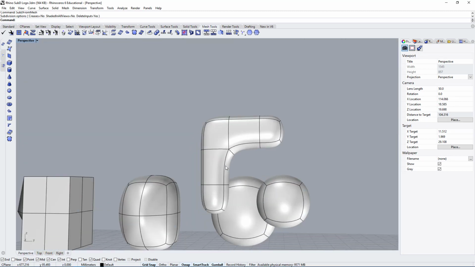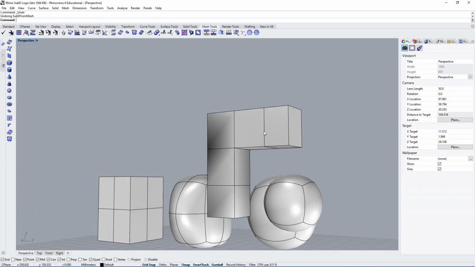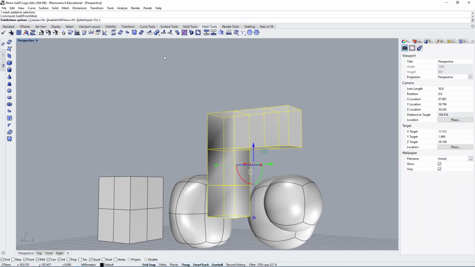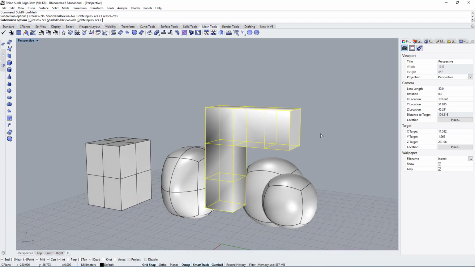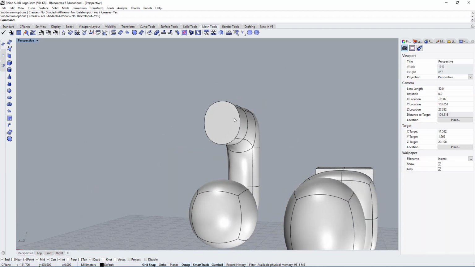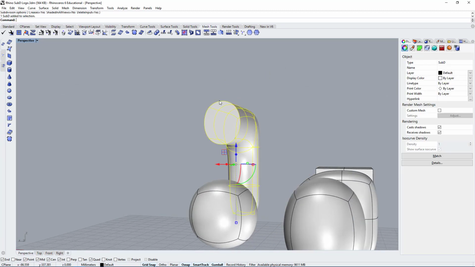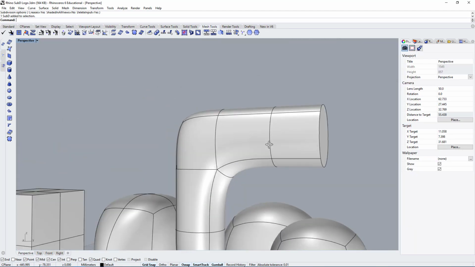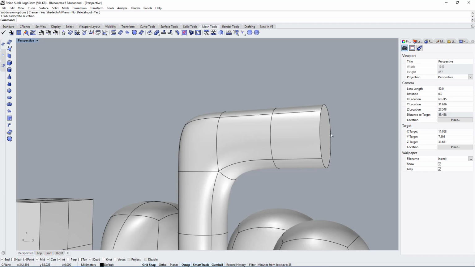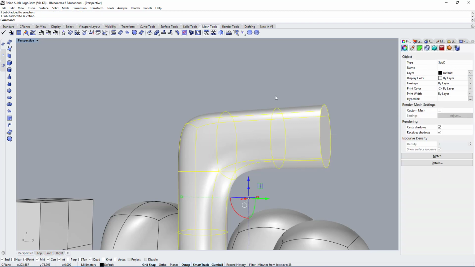So let's undo this with Ctrl Z, select this, press enter, and this time let's see what happens when we say crease with yes. So the crease is enabled, and if I press enter, now you can see it becomes flat on this edge. So this was just a quick way to show you that you can have sharp edges with this type of sub-D object.